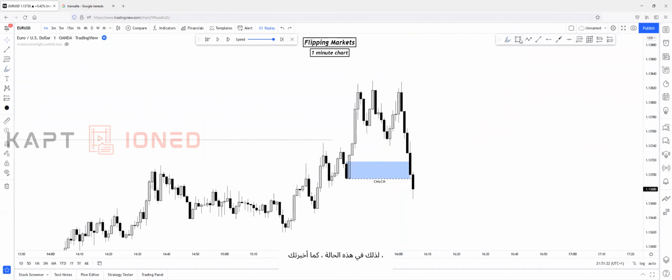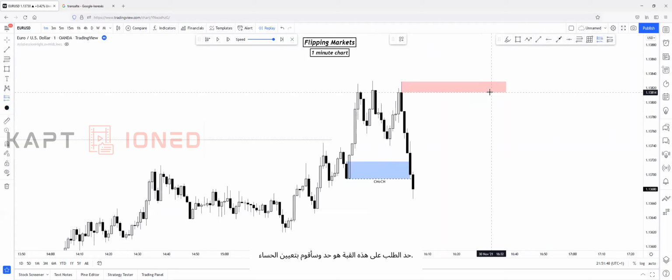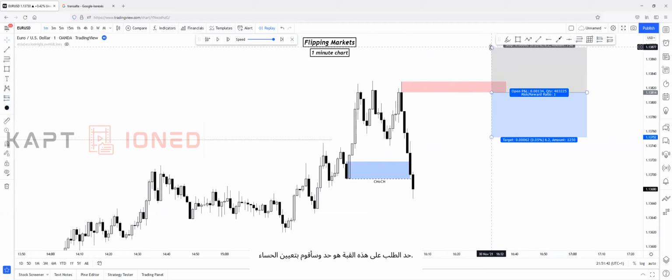So in this case, as I told you, we have to use the wick as our zone, because this candle is mitigated by the following candle. So the wick is the only unmitigated area. Okay, so I will just mark it out as our supply zone, and I will set my order limit on this zone, a sell limit, and I will set a 2 pip